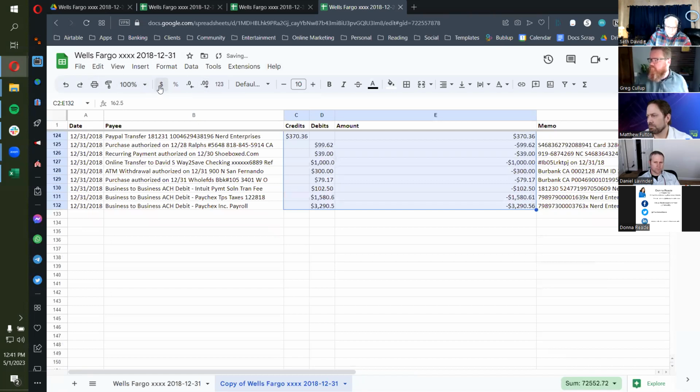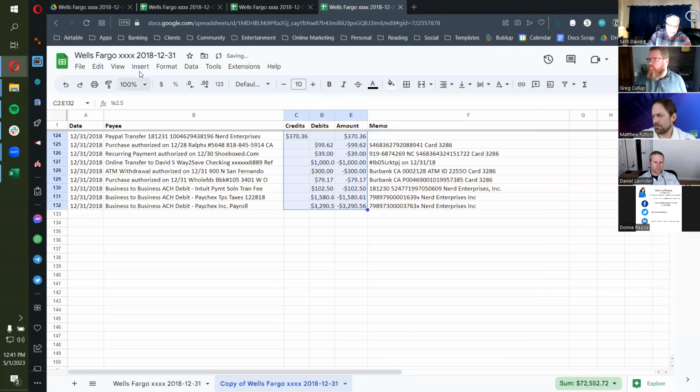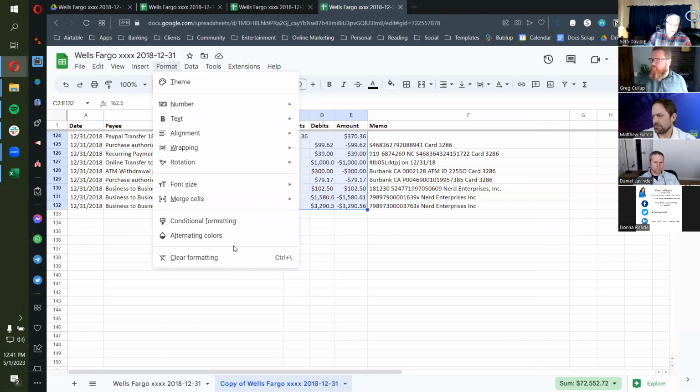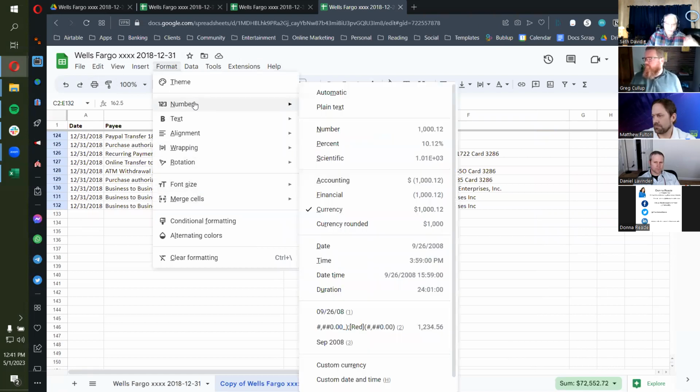Okay, and dollar sign. And since I showed you how to custom format the numbers in Excel, we'll do the same thing here. If I hit Control 1, again, legacy, it will bring up this whole format menu, but then you still have to go to number, which you could do by tapping the N. So if you pay attention to the underscored letters in each of these menus, you can start to learn the keyboard shortcuts that you need that won't necessarily be the same as what you've gotten used to in Excel.